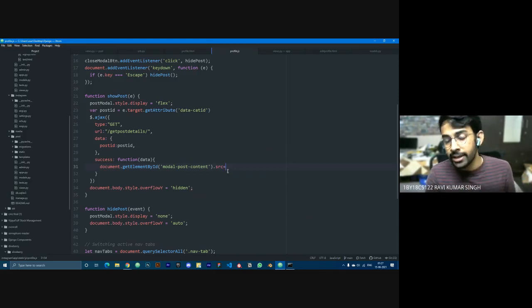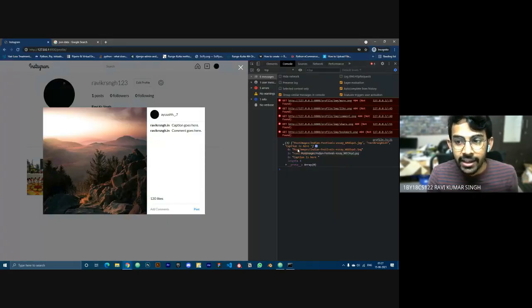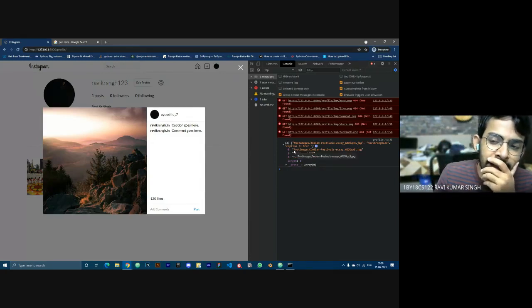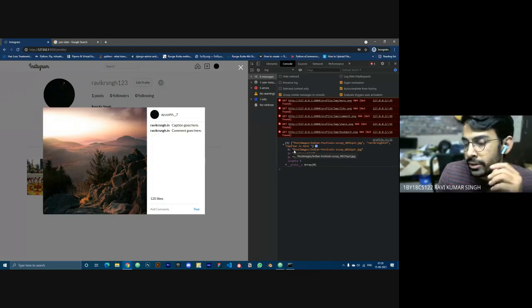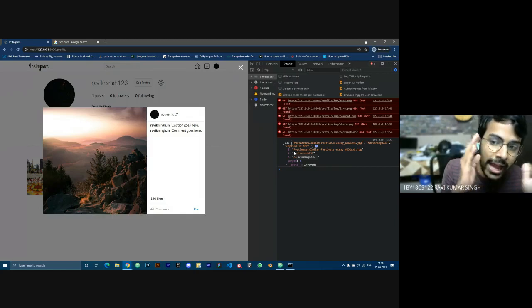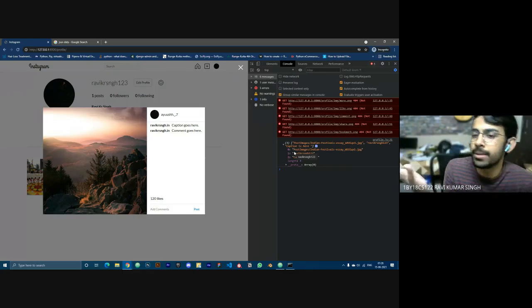We also know this data is an array, and the first array, with the index 0, contains the URL, right? And if you see, there's one small thing, that media is not included. Whatever URL Python is sending, it is omitting the media part, because JavaScript doesn't know, right?